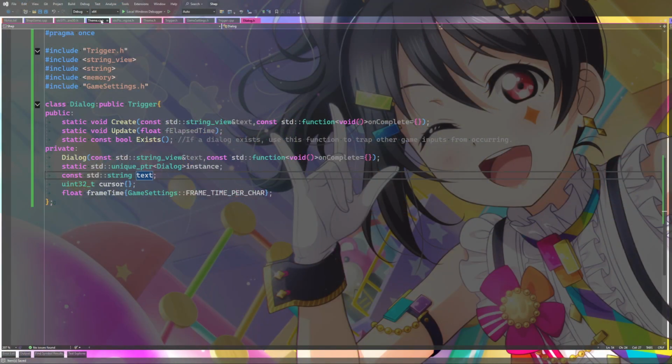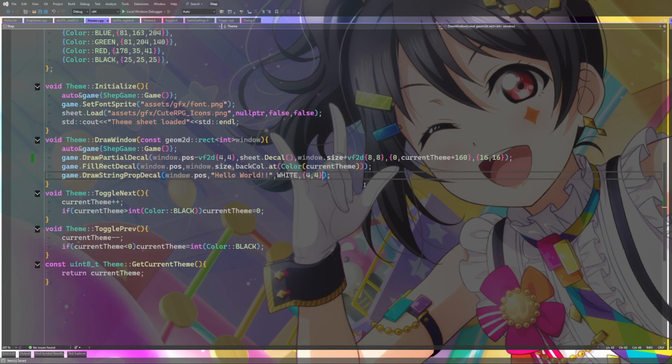How we display it is going to be left up to the window. Yeah, I guess the window, because I have a window system, by the way. We have a file called theme. It can draw a window. All we're going to do is attach a dialogue system to all this, so we can call, like, create dialogue window. And that will attach a dialogue to this. When we press a key, it'll stop, of course.